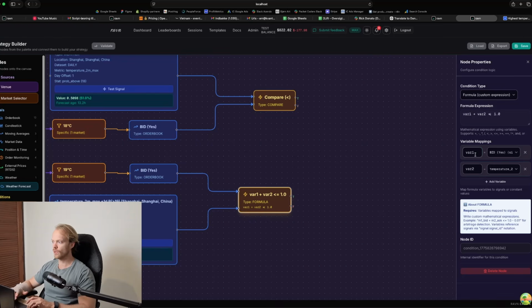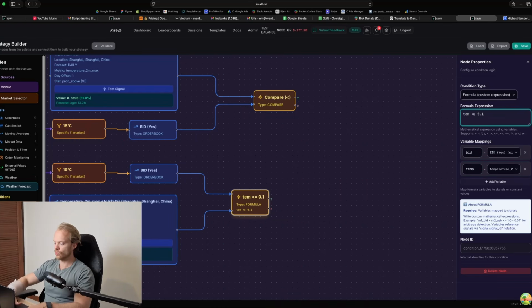So the variable 1, we can say that one is the bid, and then this one is the temperature. Okay, so let's say we do the temperature minus the bid is less than or equal to 0.1, or is less than or equal to